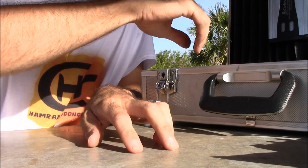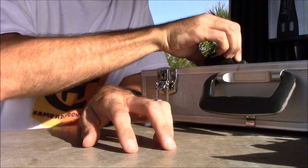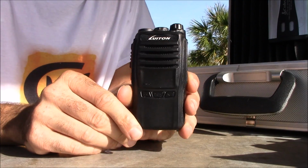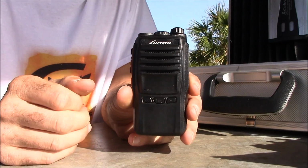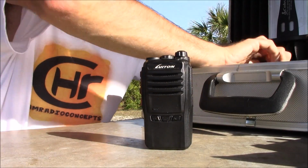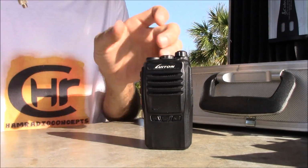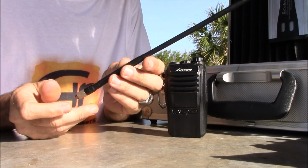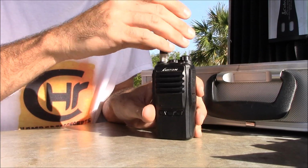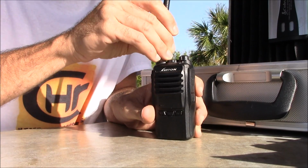Okay. So also, as far as radios, now we'll start here. I have the Luton. I have a video on this. This is a 10-watt VHF radio. Pretty basic, but what I use this for is it's a 10-watt radio, and I'm not using it for repeaters or such. I'm using it with my Smiley 5/8 wave 2-meter antenna programmed for packet radio frequencies. Now I have APRS, I have packet radio,